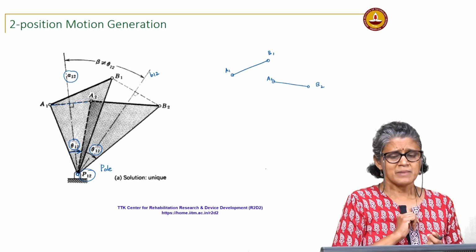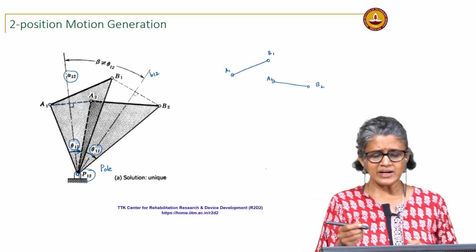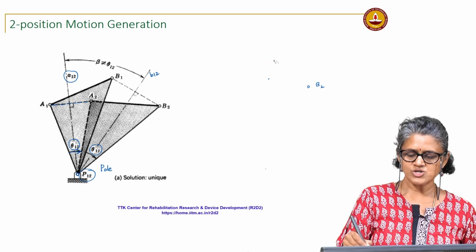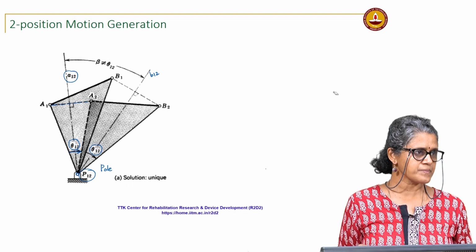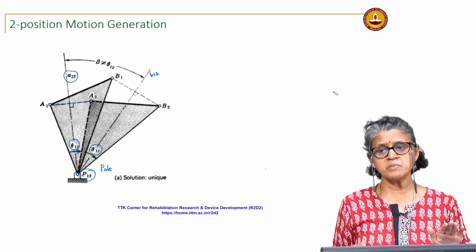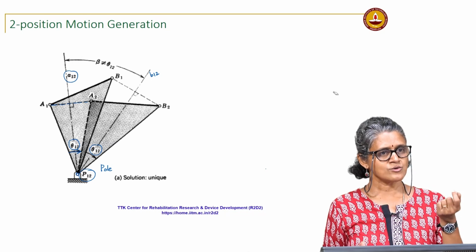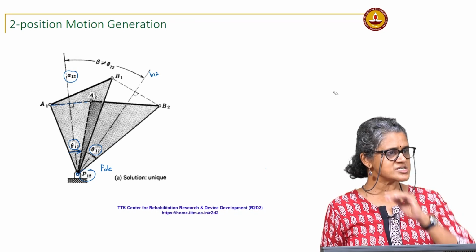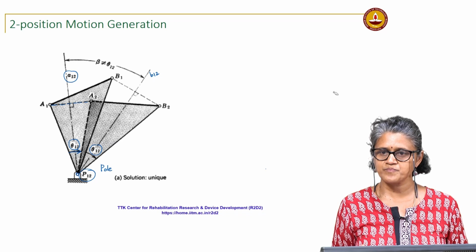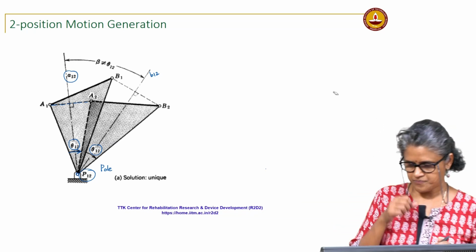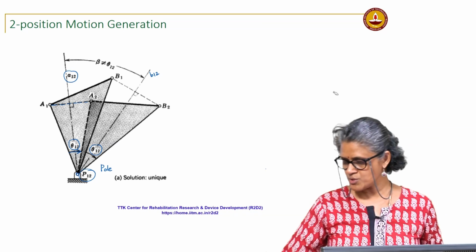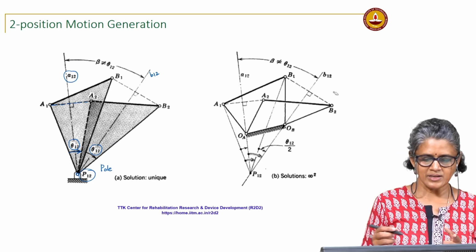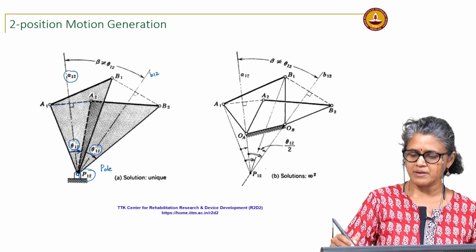Okay. But in many cases it might happen that the pole is in a location that is not really accessible. Okay. So, it may not be possible to locate the pole and pivot it at the pole in order to achieve these 2 positions. Okay. So, in that case what do we do? You see here, so if you look at a 4 bar,